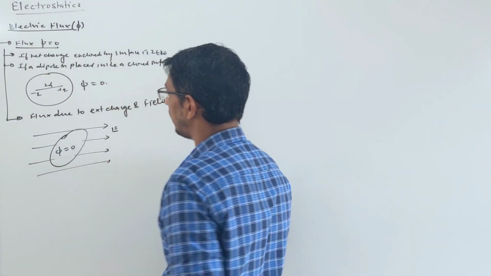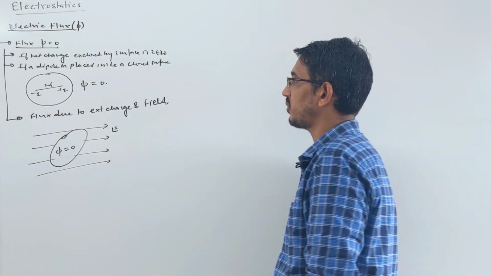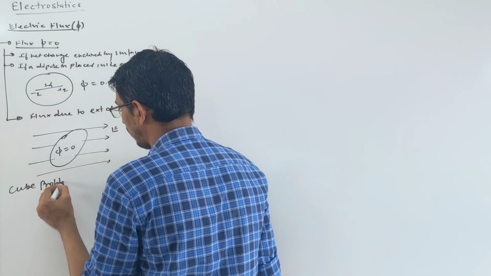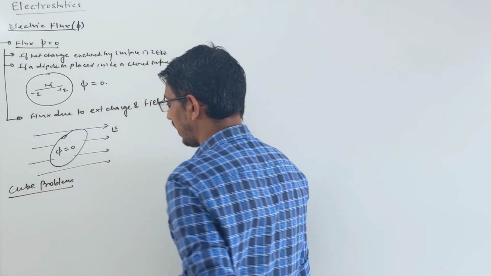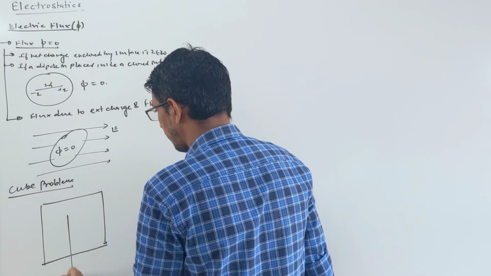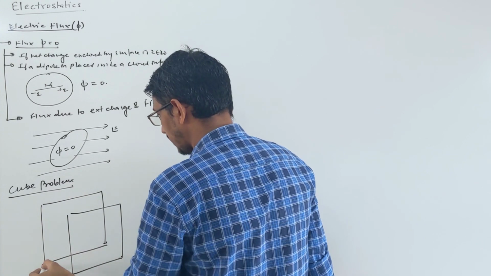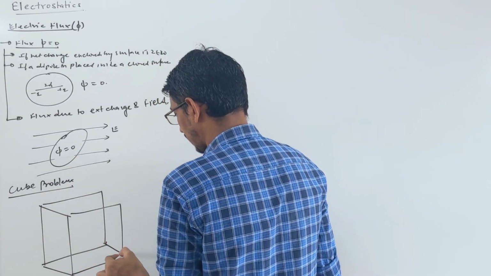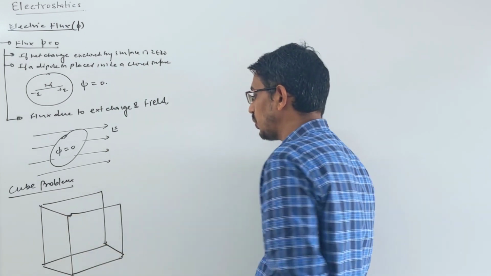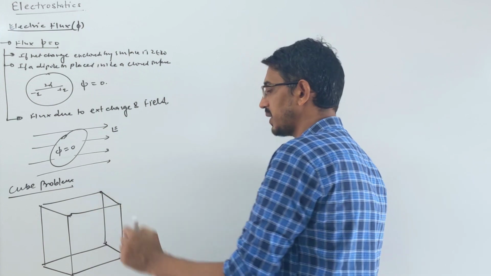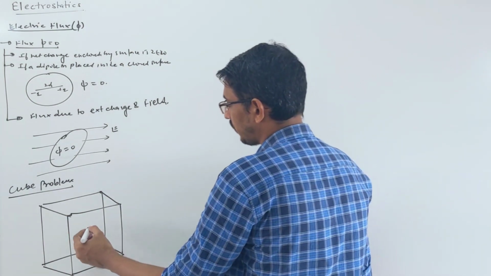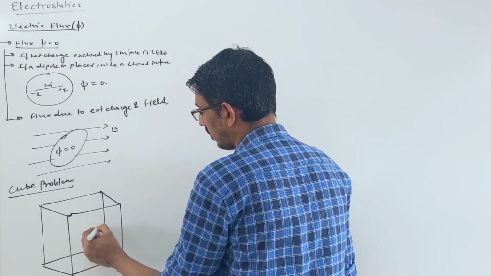Now we discuss some more examples of how they have asked in exams. They ask a famous cube problem. Let's do that. What happens? You have a cube like this. It's exactly similar to what you learn in chemistry, atomic structure. Look here. This is a cube of side A. Then suppose you put your charge at different positions, then what is the flux coming through this cube, we want to learn. Okay. So look here, the simplest way to put the charge is at this point. This is called the body center, right?